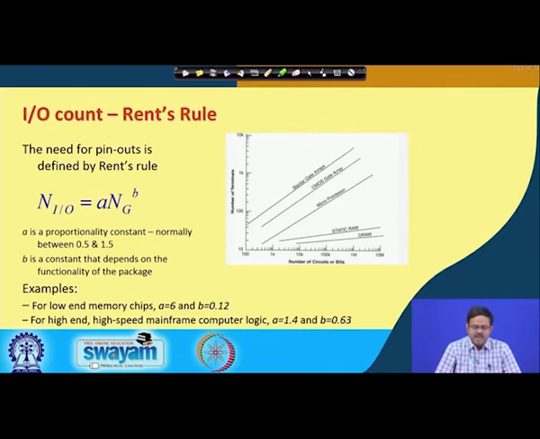Okay. And IO is the number of these pins or terminals or interconnects that we need. All right. So, what you can see in this picture is that the number of terminals for the same number of circuits or bits depends on the type of microprocessor that you are using. But this is how it is shown, and the point I am trying to make is the number of terminals that come out